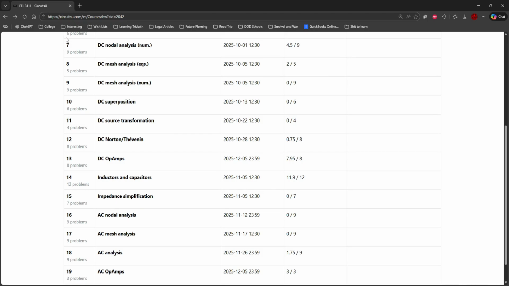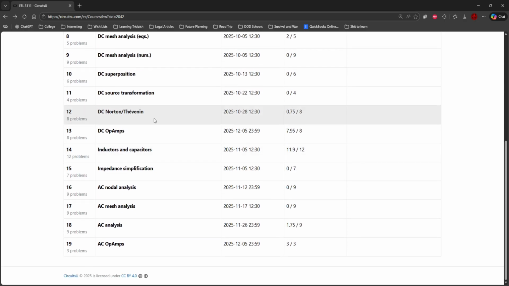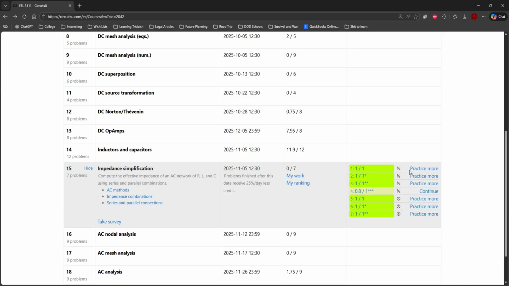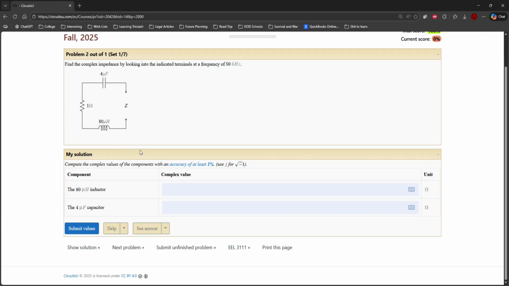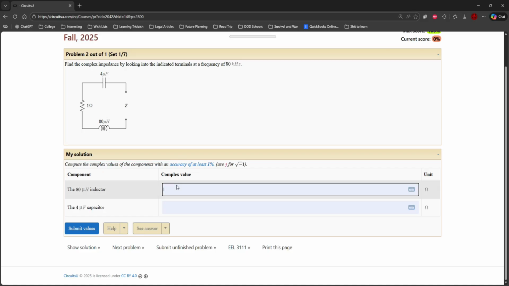This is an example of impedance simplification levels 1 and 2. We begin on the main menu and we choose the first one. Here we're going to determine the hertz. That's going to be part of our equation. Of course, that's J times 2 pi times our